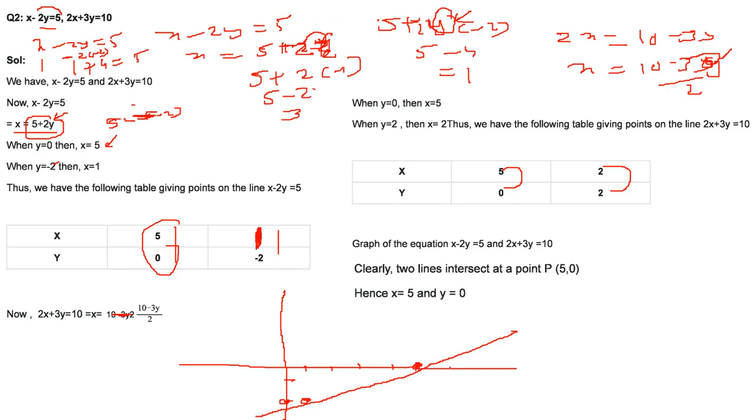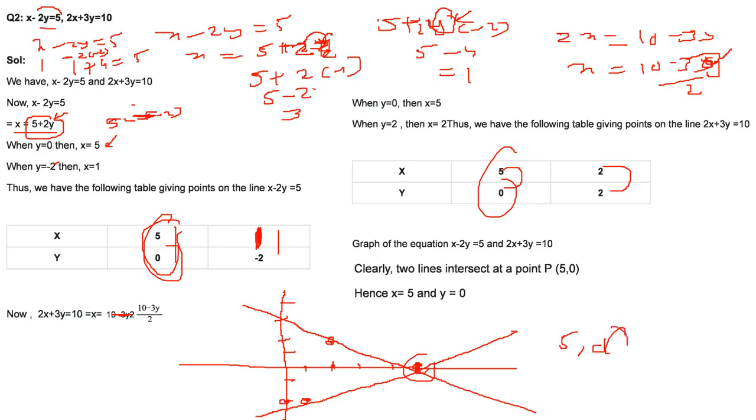Now come here, this is my line. Now come here, 5, 0, x is 5, y is 0. So when x is 5, y is 0, again we get the same point. See, 5, 0 and 5, 0, same points. So this is the intersection point also. When you get a common point, that means it is an intersection. And what is x? x is 2, y is 2. So if x is 2, y is 2, that means this is our line. So now the line is like this. And what is our solution? 5, 0. This is our solution. I hope you got the idea.